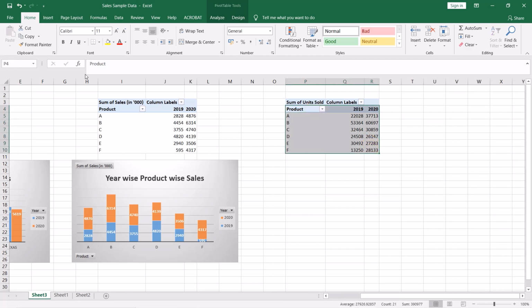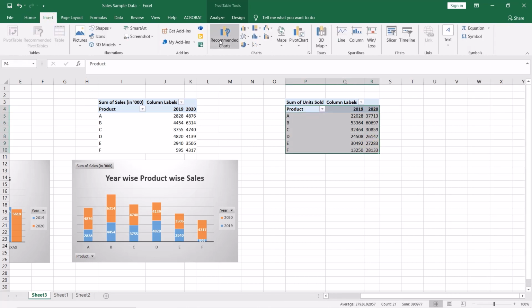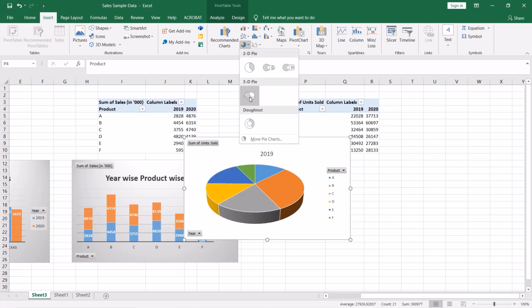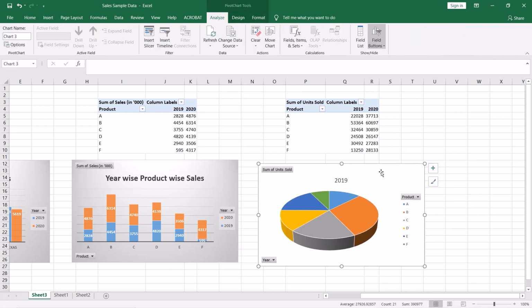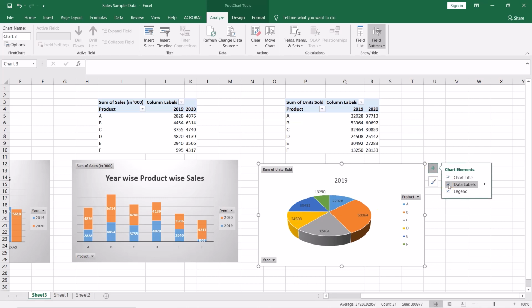Now let's select the data, go to insert. There are different types of pie chart. I like the 3D pie chart because it is attractive and represents the data in a very beautiful manner. Select the data label, but as you can see, product name is missing.